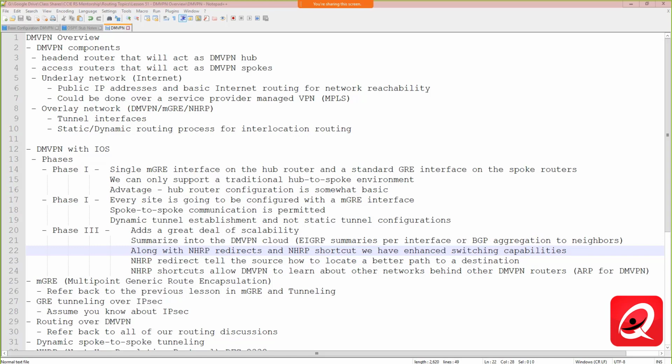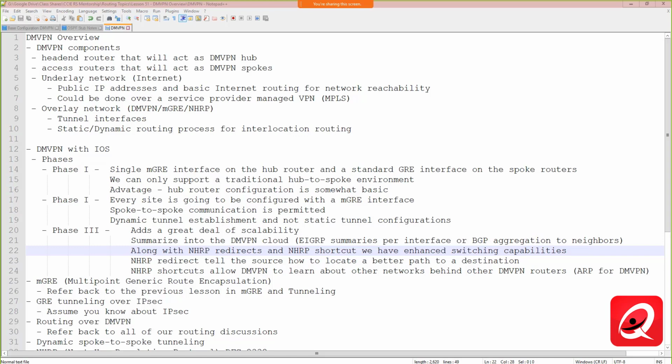All the way from RIP routing up to BGP and on-demand routing. And we'll talk about why EIGRP and BGP would probably be the preferred routing options for a DMVPN network, why OSPF doesn't really fit. If we don't get into it in this lesson, we'll certainly talk about that in a lot more detail in the next lesson when we start to get into some of the other routing protocol configurations